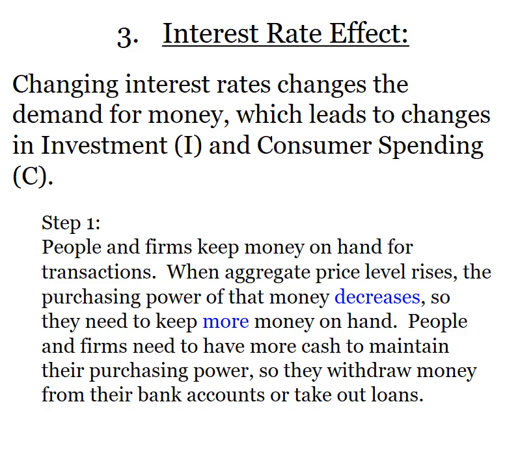In step one, people and firms keep money on hand for transactions. That is all of the things that you want to buy. If you need to pay someone, you need to have cash on hand for various needs in your day. When aggregate price level goes up, the purchasing power of money falls. So if everything costs more, you need more money on hand